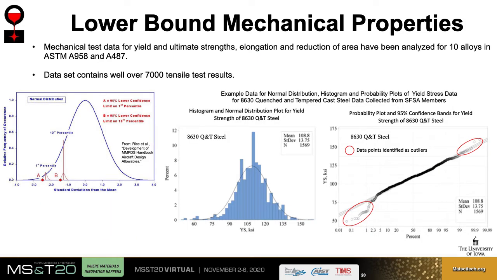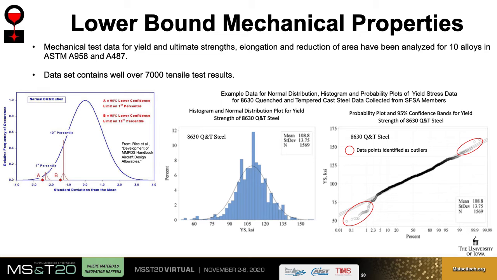We collected thousands of heat data for common cast steel grades from our member foundries. Using the MMPDS approach, we analyzed the heat data and established A and B design allowables. The A design allowable is the first percentile of the normal distribution at 95% confidence interval, meaning 99% of the data is higher than this point. B design allowable is the 10th percentile, or the value where 90% of the data is higher than that point. The plot on the left illustrates these points.